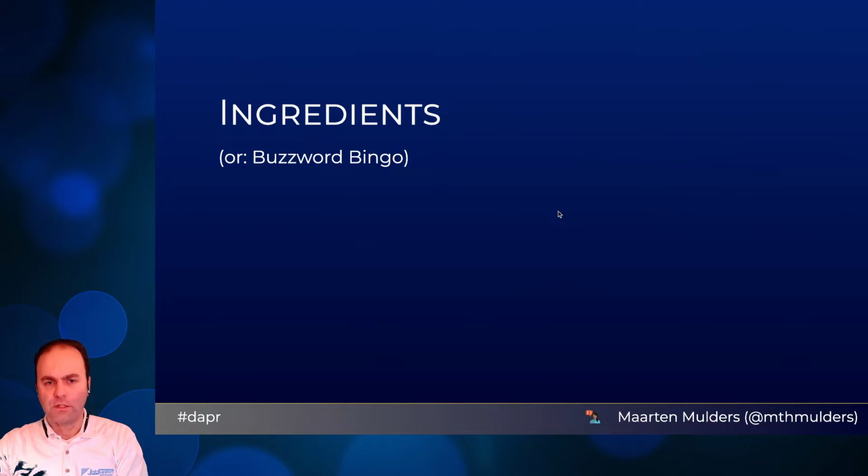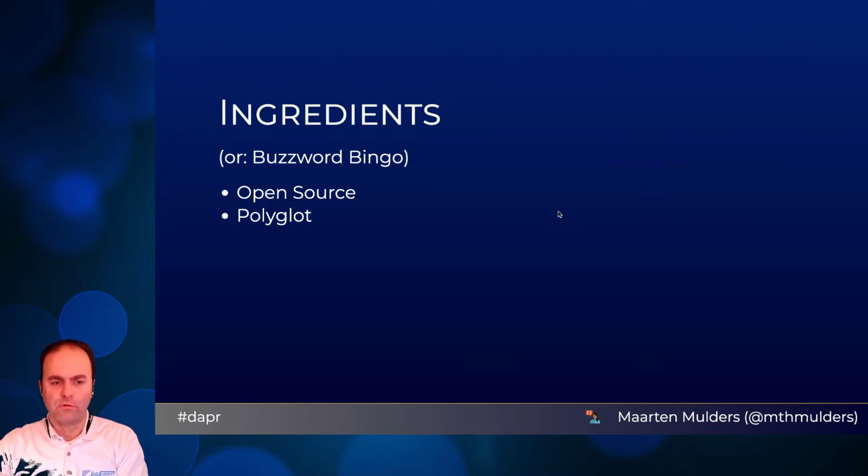So let's open that box of Dapr and find the ingredients in the box. Or if you wish, it's kind of a buzzword bingo, so make sure to have your card at hand. Here we go. First of all, Dapr is open source, meaning you can inspect how it works, you can browse through the source code, but you can also contribute new ideas, implement them, or fix bugs. It's polyglot, meaning that Dapr does not require you to use a particular programming language for your business problems. Dapr itself, of course, is built at this point in Go, although there are some plans to also support other programming languages.